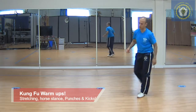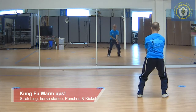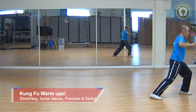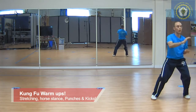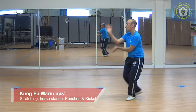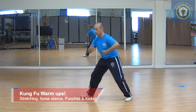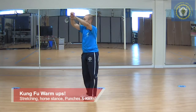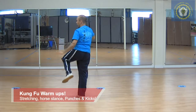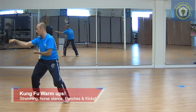So I'm gonna step over here, high block, chop, scoop, double elbow, 1, pivot your feet, heel, toe, punch, switch, 1, 2, 3, kick, jump, thrust, slap, step up, 1, 2, 3, cover, 1, 2, middle block, punch, 1, 2,